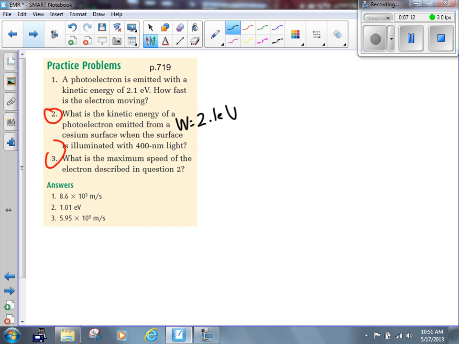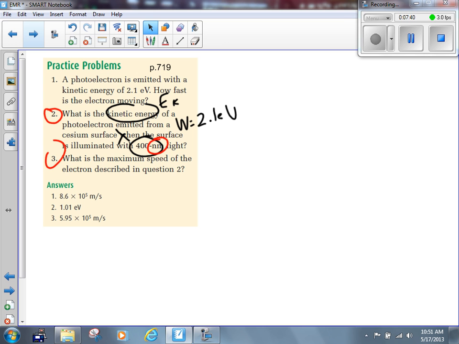If you didn't spot that in the previous question, then this becomes not just a challenging question, it becomes an impossible question. That number would be given to you on a test. Now, it may be buried in a half a page of information, but it would be given to you somewhere on a test. Now let's solve question number 2. We're looking for the kinetic energy. We've got the wavelength, although it's in nanometers and we want to convert that to meters. We've got the work function in electron volts.